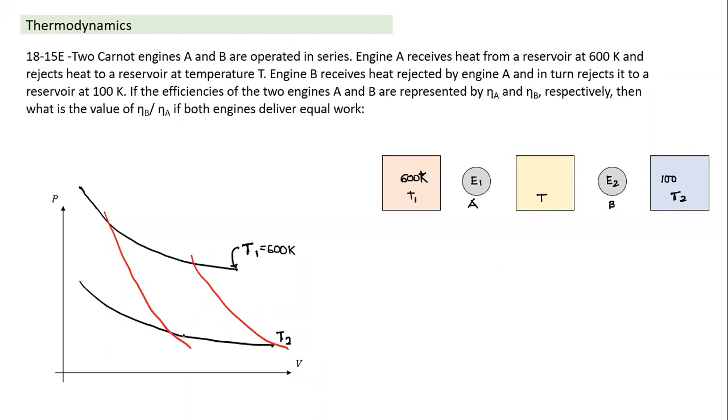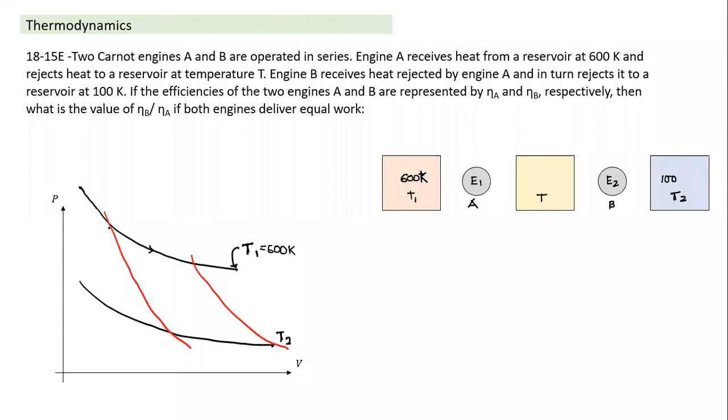It draws heat and gets work done out of it. So we need two sources with a temperature difference, and we can use that temperature difference to get mechanical work done. A number of things we can understand from here, even if I don't draw the red line. These are the two isotherms, based on the source temperature and the sink temperature.